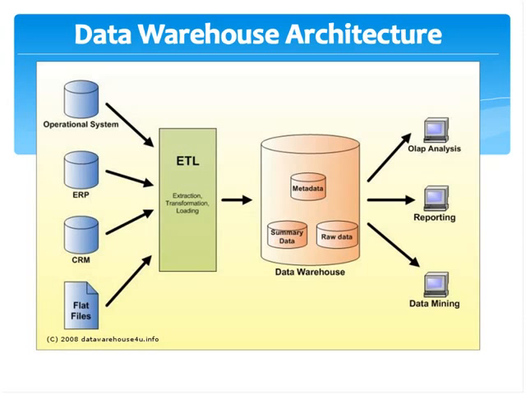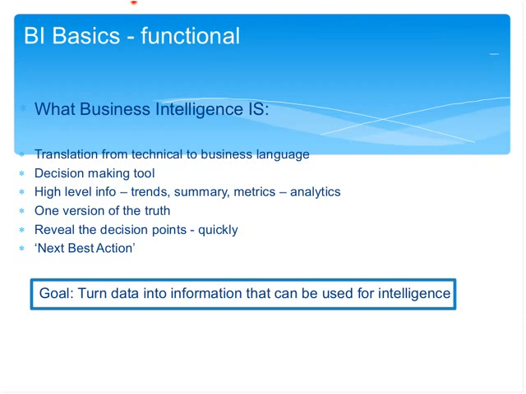So to summarize the BI concepts, business intelligence is a translation from technical to business language. So what does that mean? If we were using reporting or the ERP as our basis for building any kind of analysis, we would have to talk most of the time in terms of tables and fields. Hopefully, if the BI solution is done the proper way, we only have two elements, dimensions and measures, and the dimensions and measures, as we'll see further down in some examples, should be framed in the business language that is relevant